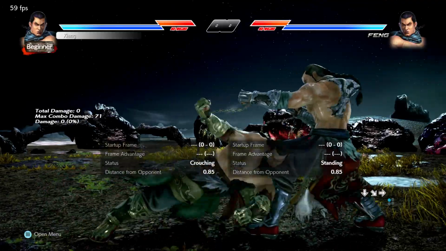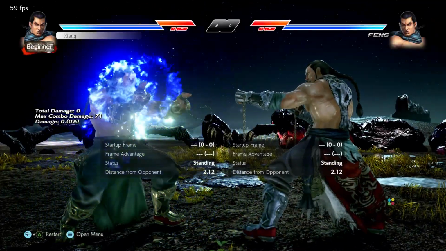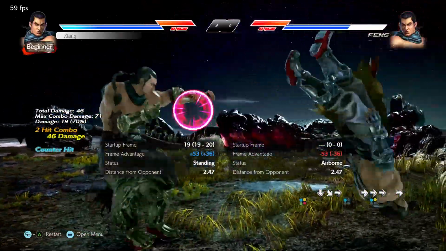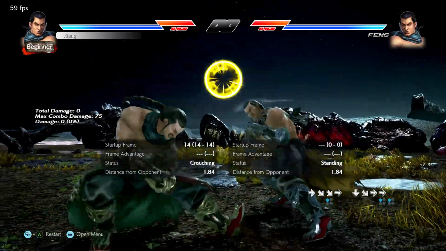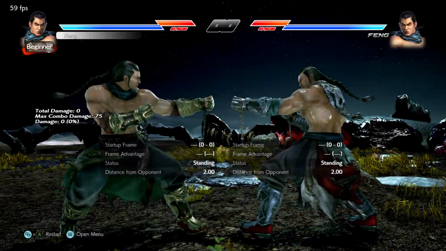Now there is some mix-up potential here because you have CD1, which is a chunky high crushing low shoulder, which can launch on counter hit, and CD2, which is just a straight up mid launcher. Both are the same speed, but the limited use of both mostly has to do with them being slow and not the best trackers. Far more common is actually